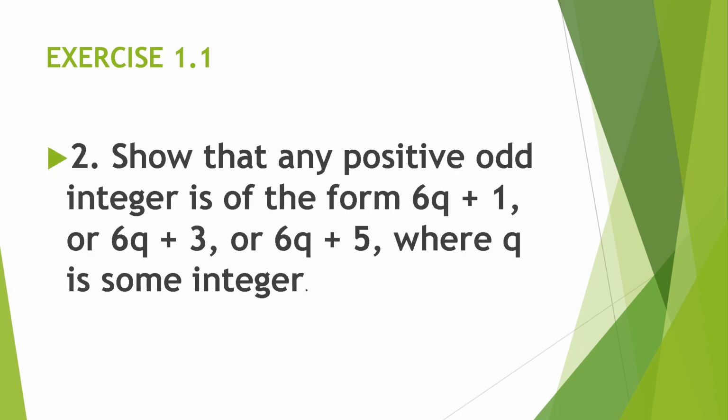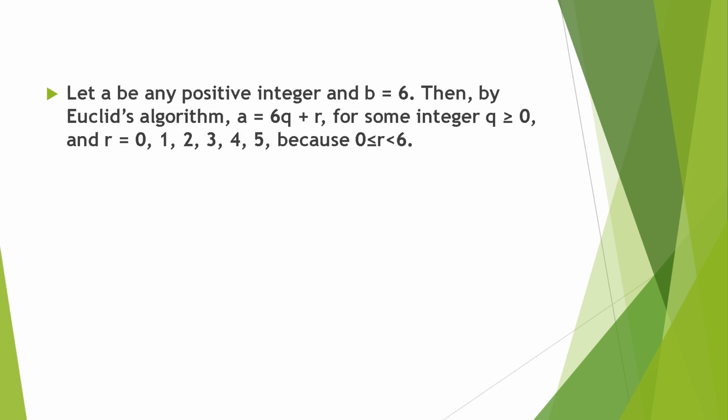In today's class, we are going to show that any positive odd integer is of the form 6q plus 1 or 6q plus 3 or 6q plus 5, where q is some integer. So we are going to proceed. First, we are going to take any a as a positive integer. So b be 6. Then by Euclid's algorithm, any number a divided by b leaves the remainder r,